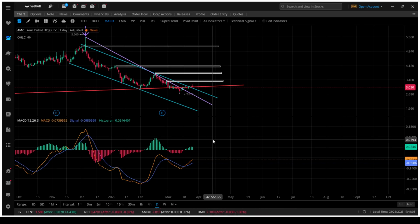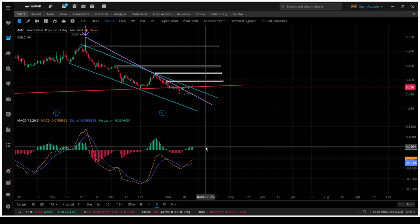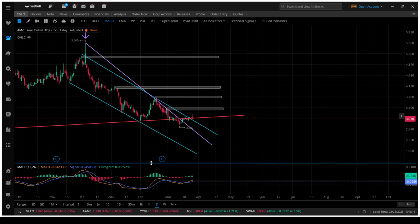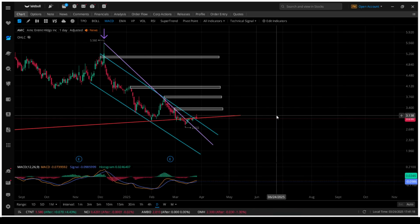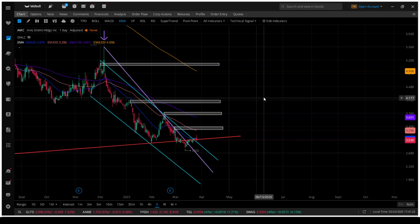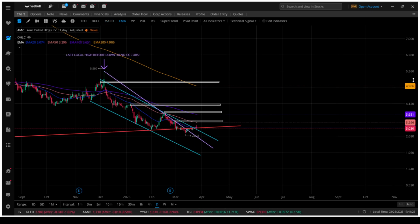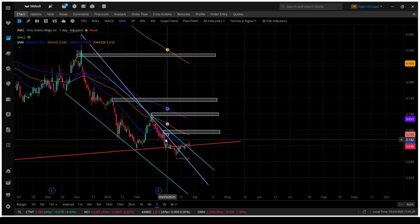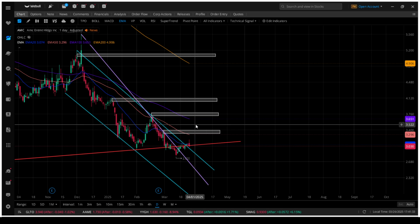So MACD wise, again, still flipped green. That looks good. You pretty much just leveled out here with the green volume. But I do expect these moves to continue, okay? Despite any kind of pullbacks or resting periods in the play, right? EMA wise, the one thing that's not resting is the 200 EMA dropping. That's at 490. Okay. And when this 20 curls up to the upside and passes this 50, you're going to